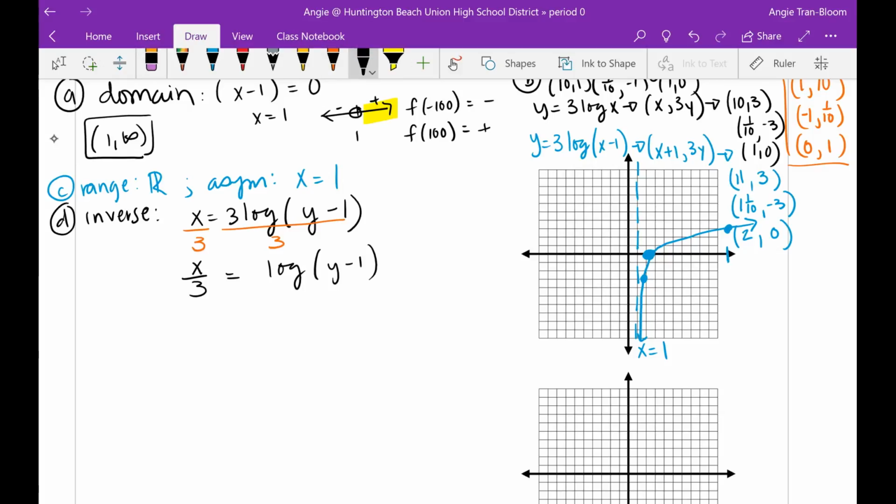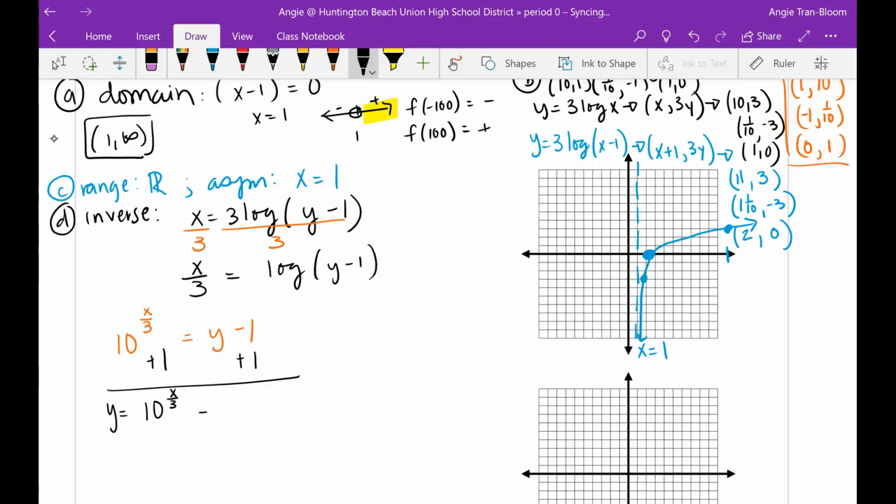Gone. Okay, so to get rid of log, you rewrite it as an exponent. This is log base 10. So what does that mean? You're going to write 10 to the power x divided by 3 equals y minus 1. Now the log is gone. You can add 1 to both sides. So you end up with y equals 10 to the x divided by 3,